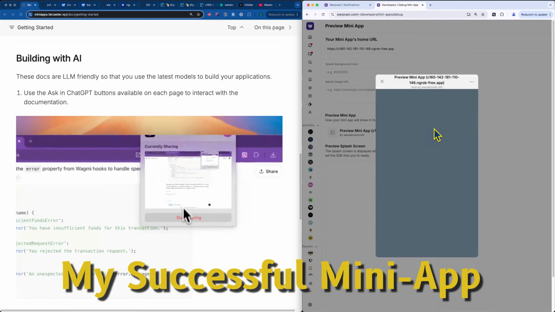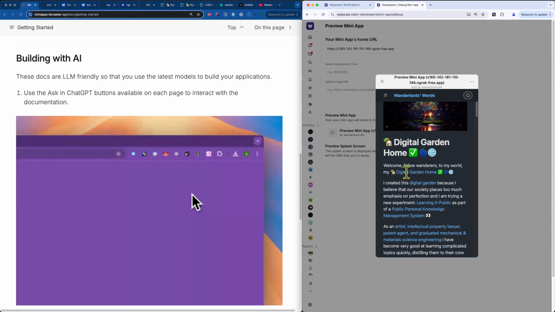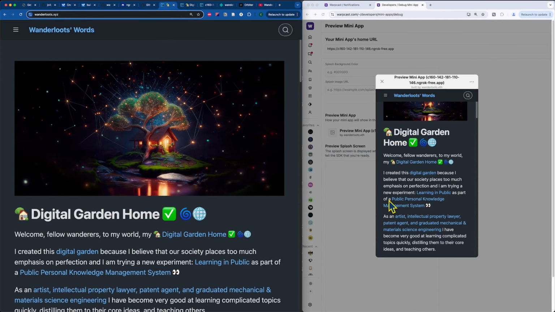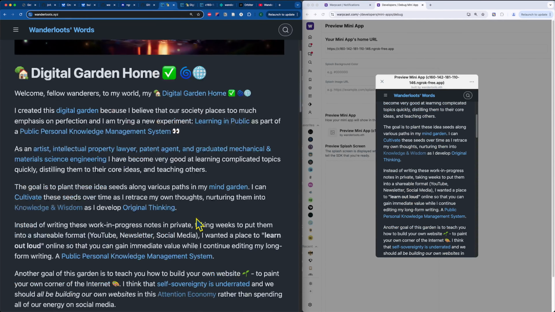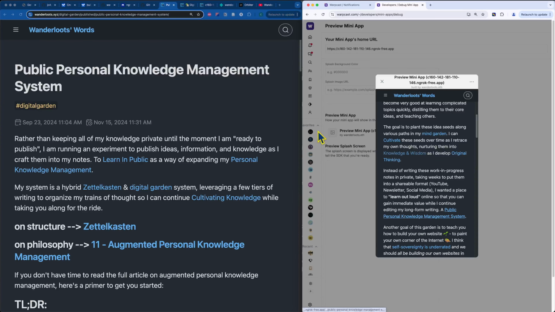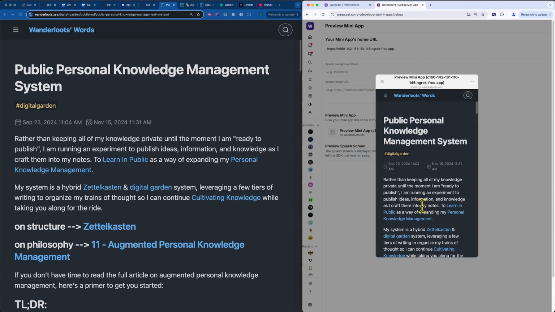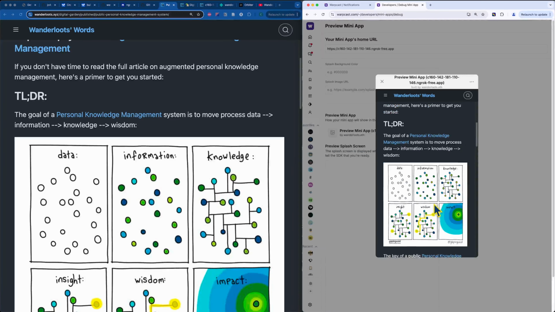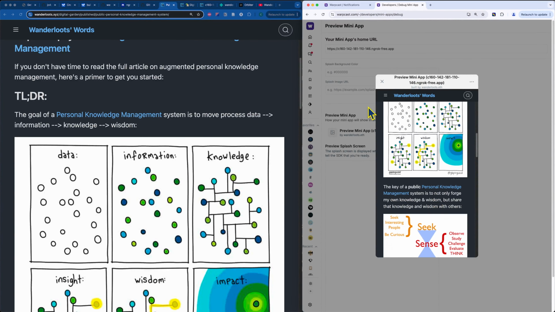You can see here, I can open it and it actually pulls up my entire digital garden in the same way that I have it here. It has converted my digital garden into a mini app where I can go through and click on and engage with any type of information in here. It pulls up exactly the same instance of my website, my digital garden at wanderlust.xyz, but it's done in mini